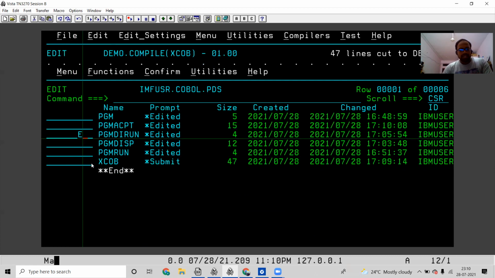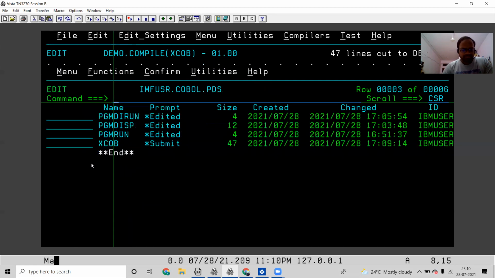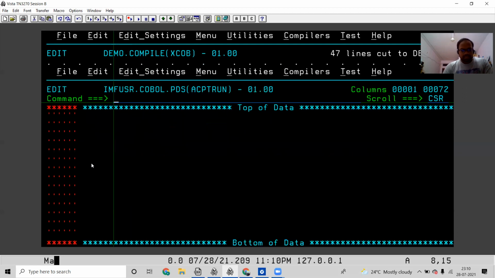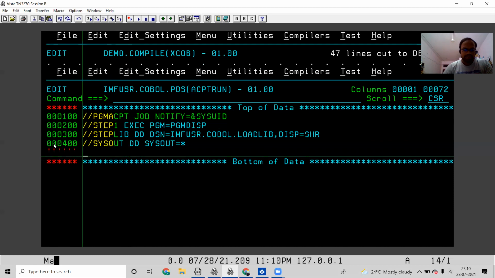I'm not coding again now, or else I will code it again. Yes. Now I'm coding accept run JCL. Actually, what you people do in the lab is you will code only one time run JCL, and you will repeatedly use the same one. It is better to code again and again. Okay. You will get the complete idea of what is happening.